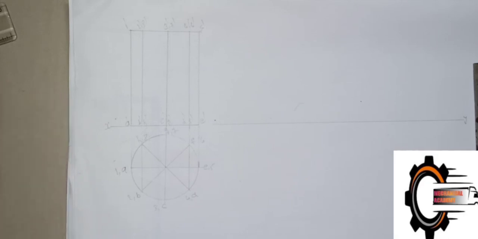Okay, this is the main basic problem. Next we have to go for the cut section, the section plane. The section is by a plane inclined at 40 degrees to the HP and perpendicular to the VP and bisecting the axis. Bisecting the axis means it passes through the midpoint of the axis, which is at 35 mm.